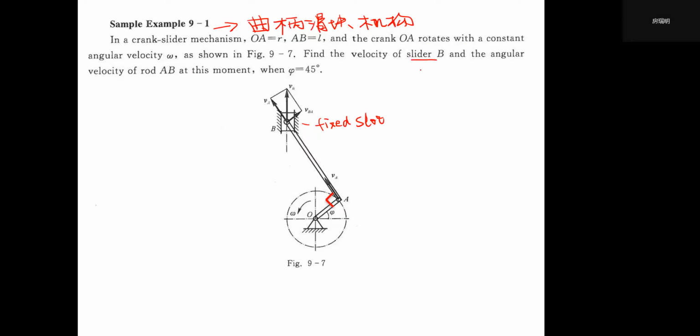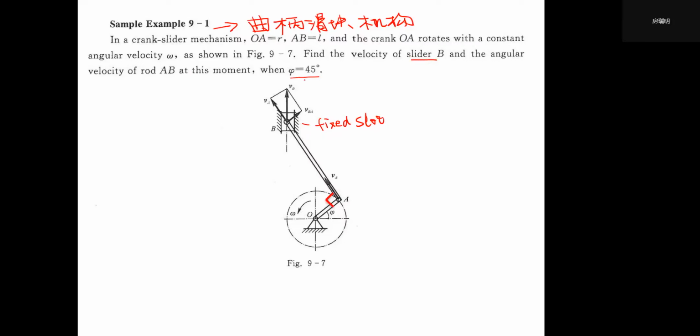Actually, from my analysis, you guys will know, we can give the conclusion that the absolute velocity direction of slider B is always downward or upward, because the fixed slot has a guidance function to it, right? And find the angular velocity of rod AB at this moment, when phi equals 45 degrees. So first, let us analyze